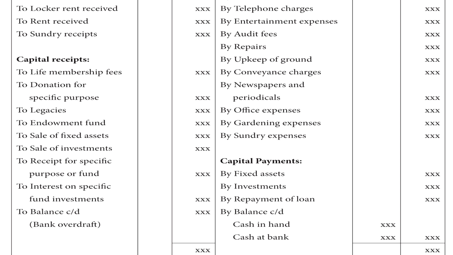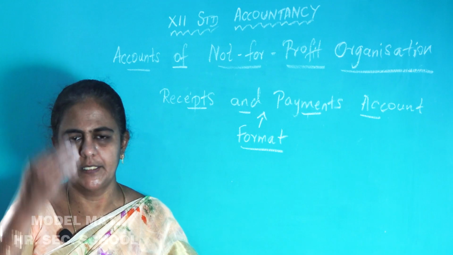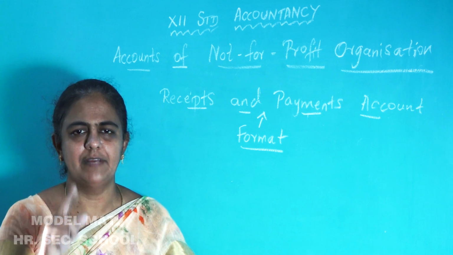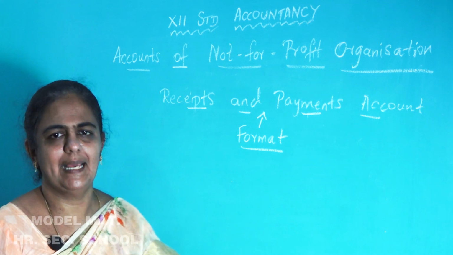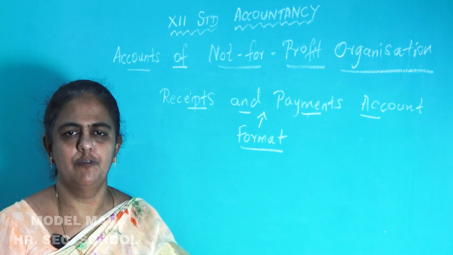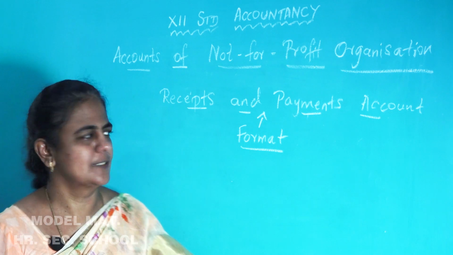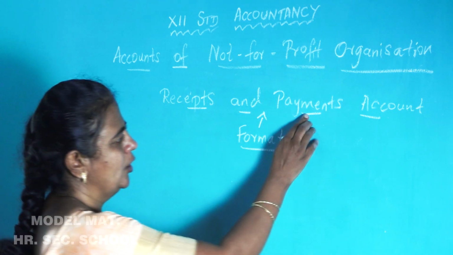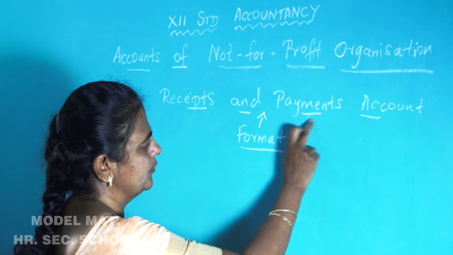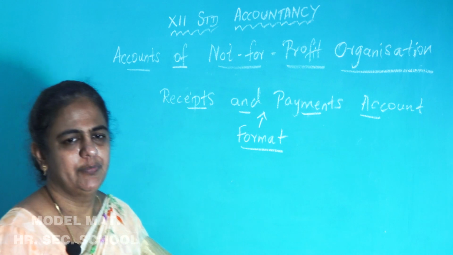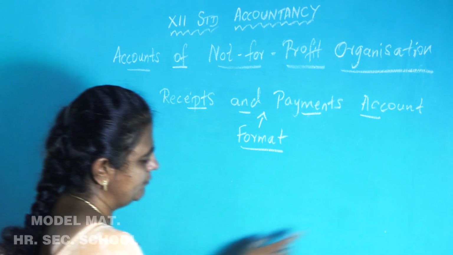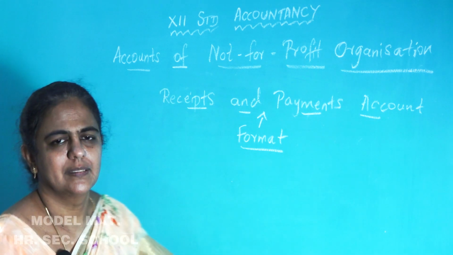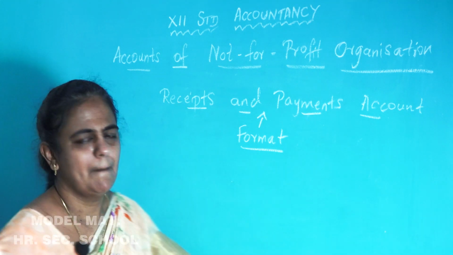So these are the payments, that is revenue payments and capital payments. It's very simple. Whatever you are receiving, you put on the receipt side; R is the clue. Paid salaries, paid wages, paid electricity, paid for purchasing furniture: the word P is a clue for you, and everything should be put on the payment side. Write all the receipts on the debit side, write all the payments on the credit side, then find out the balance. Understood? This is the format of receipts and payments account.